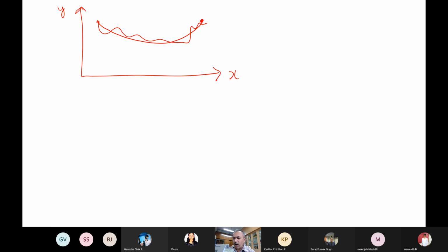Excellent. If I'm having two paths, this is one path, this is another path. If I take the diagram like this, y and x, then when I say dx, dx is associated with only one path. I have two different x values, x1 and x2. So dx means at two different x values you find out y2 minus y1 by x2 minus x1. It is like a slope.